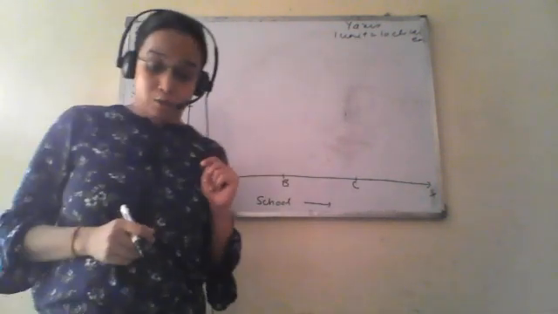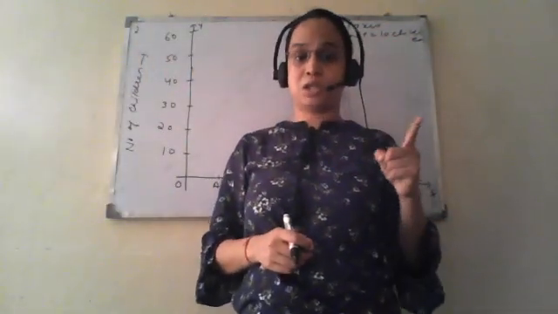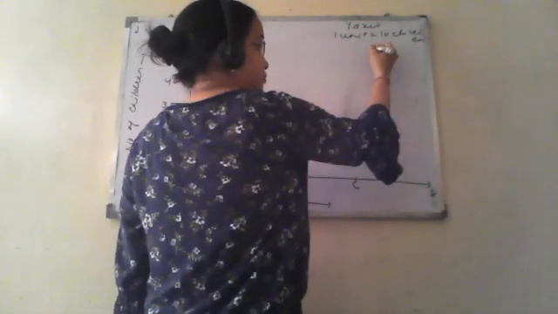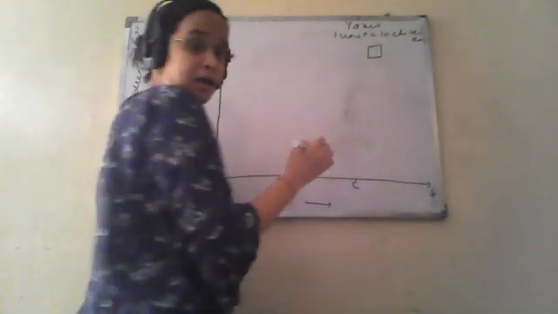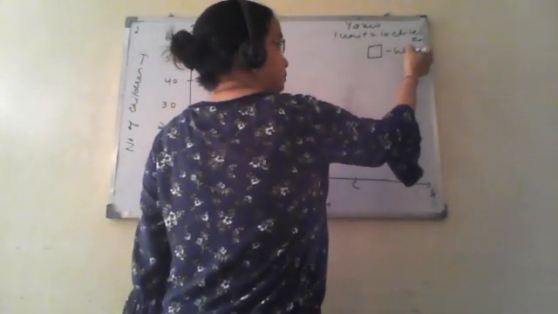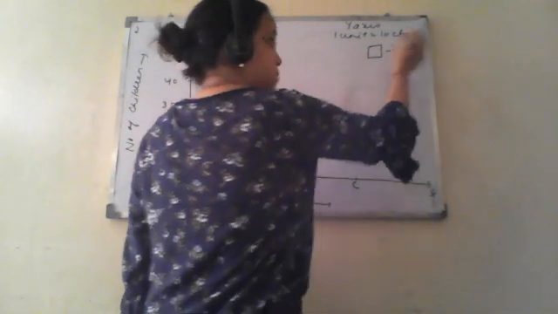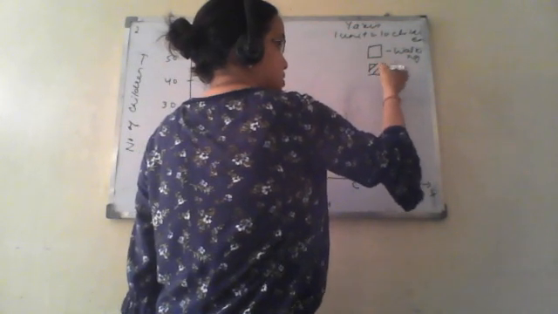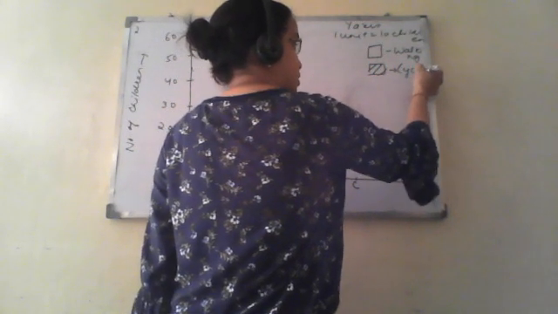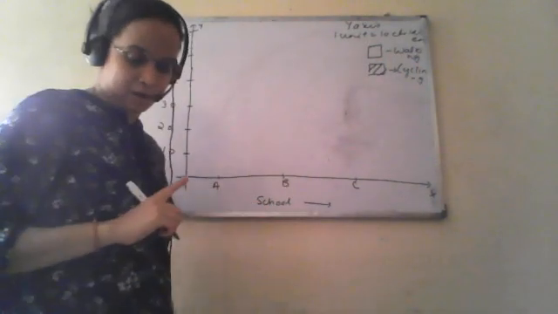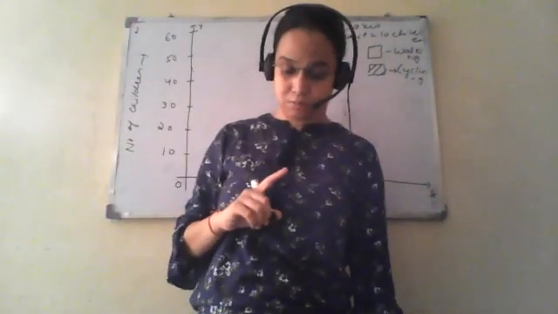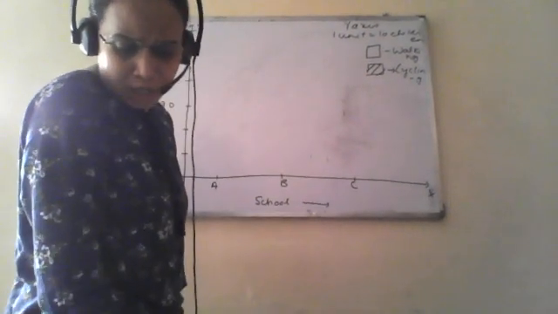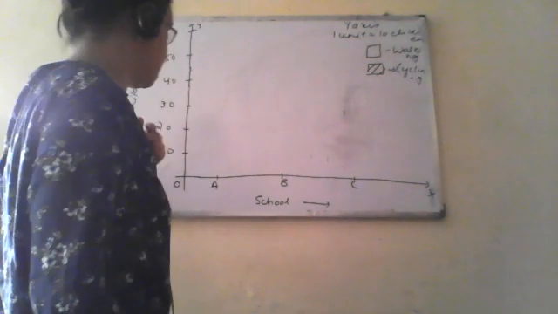Now we have to compare two sports, walking and cycling. We are taking a blank bar for walking, and the line-filled bar is for cycling. As in a double bar graph showing marks obtained by students in different years, it is the same. Now for school A, the number of children who prefer walking is 40.